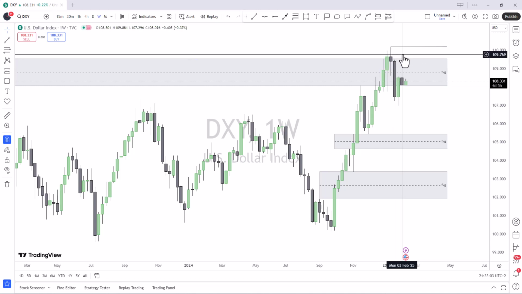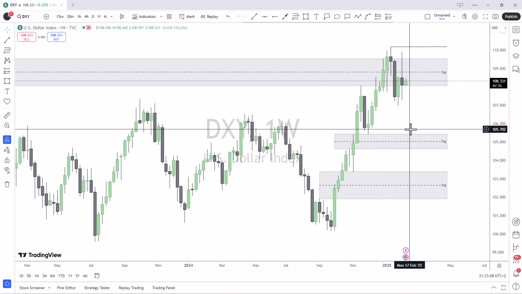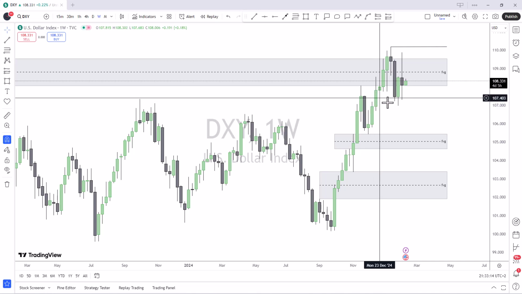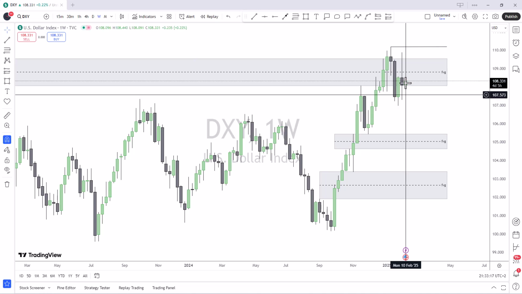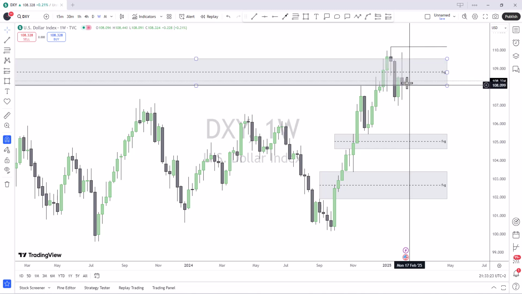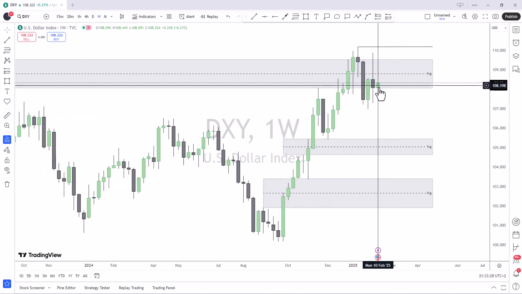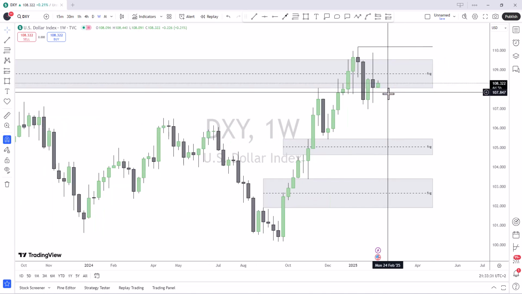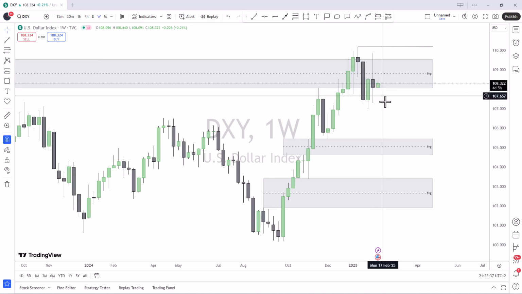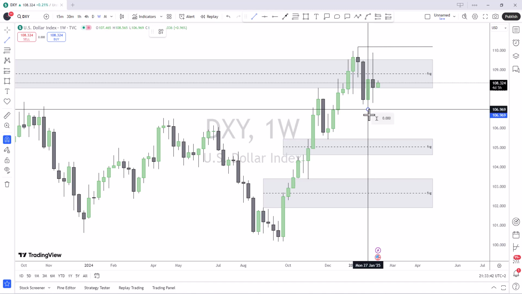The fact that this candle struggled to trade above, that's quite telling in terms of our market structure. So you can see here we dropped, we filled up this imbalance, and price has found a bit of momentum to the upside. The bulls have pushed price to the upside a bit, but it's not really a sustained push. So I'm expecting, especially this current weekly candle, I expect it to close bearish. Let's just take note of that, guys. This current candle, I expect it to close bearish, meaning my weekly targets are, number one,